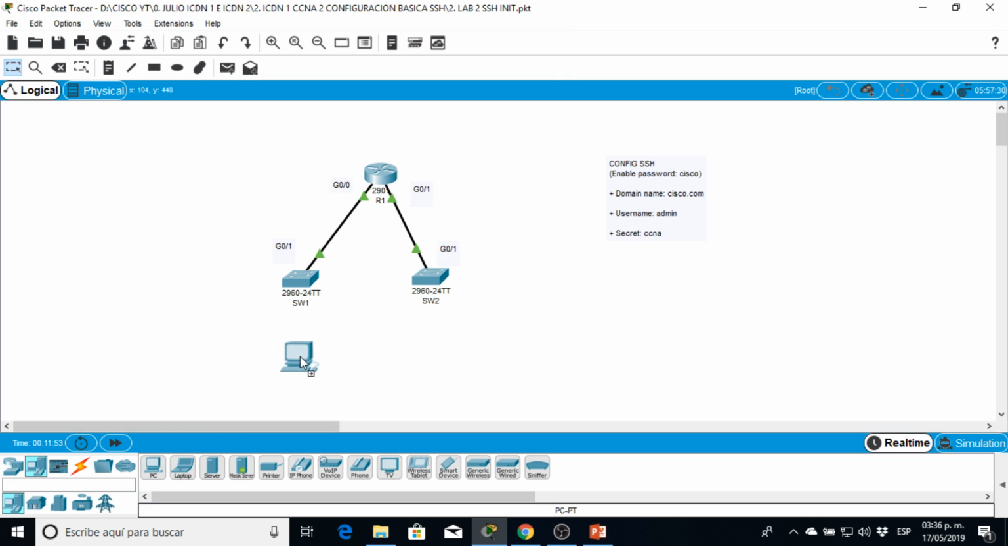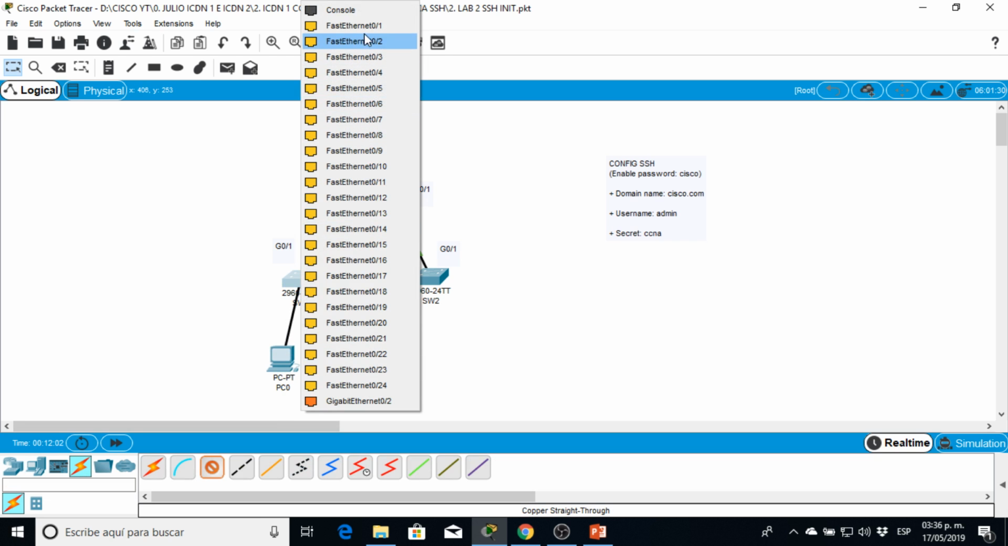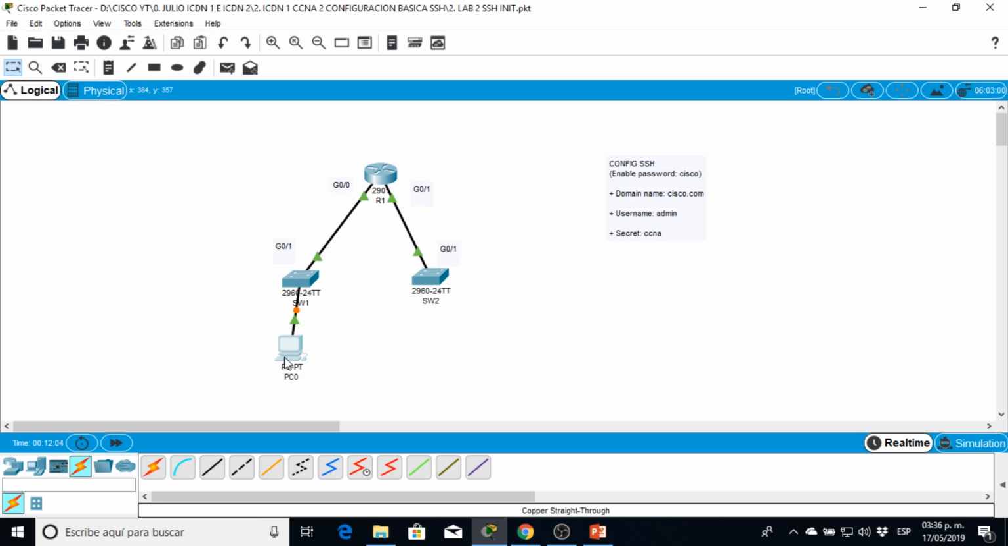Well, maybe we can put a PC and connect to the switch. We're gonna put an IP address on the PC, and it has to be in the same subnet as the switch that we're connecting. This switch is in the subnet 192.168.0, so we're gonna put 0.10. As we're gonna make an SSH to switch 2, we have to put the IP default gateway of